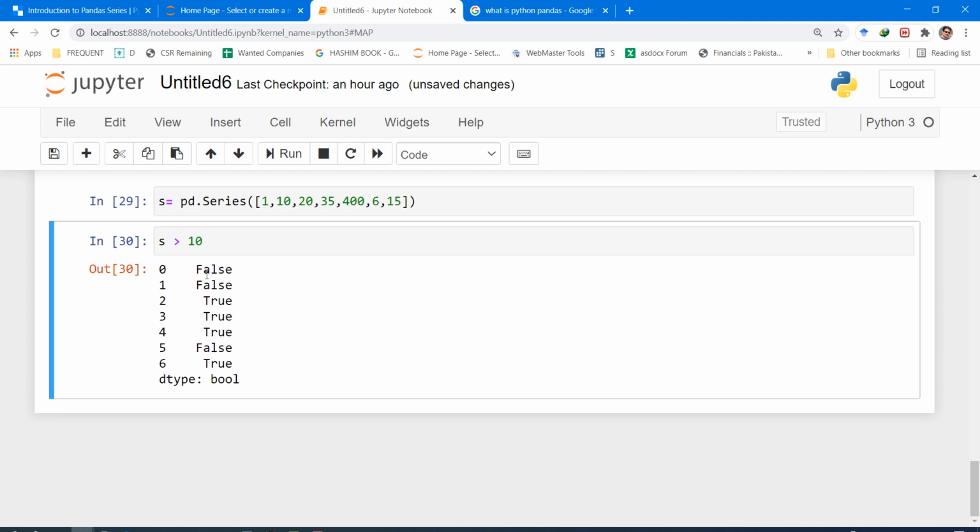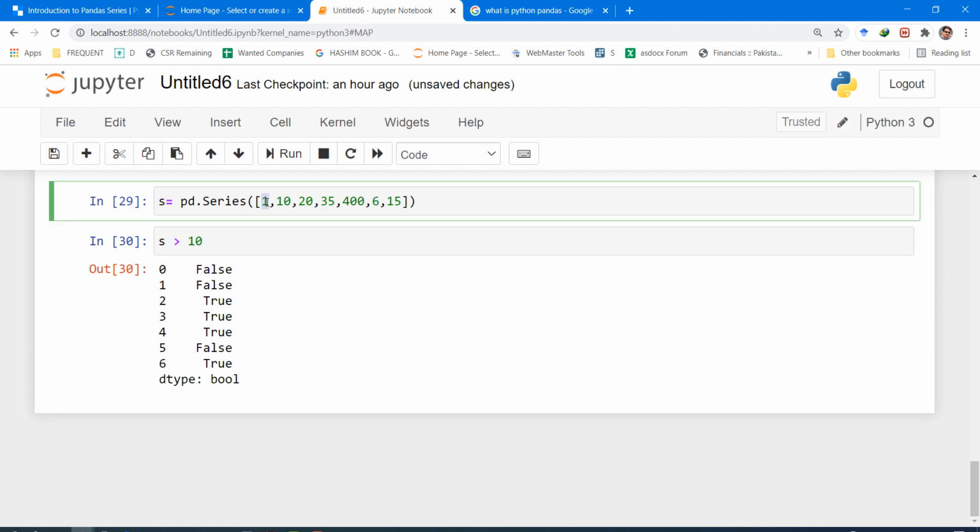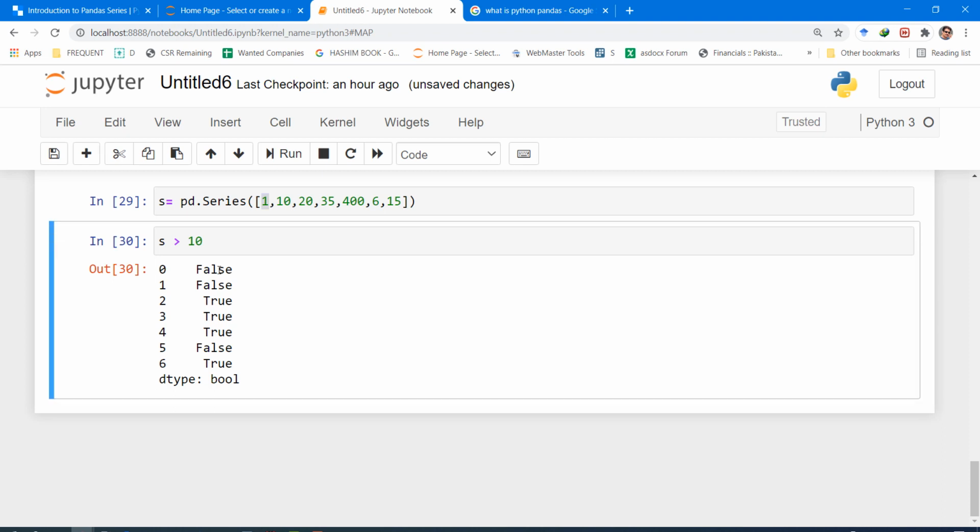So where the condition fails, we shall get false. We asked whether the series item is greater than 10 or not. The first item of the series is not greater. This is why we get false.